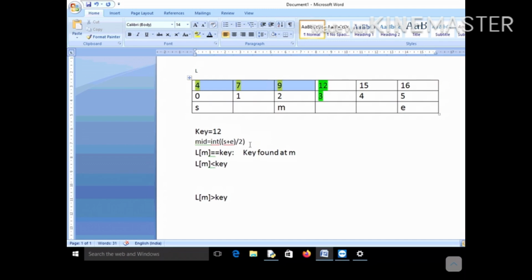No need to search it, because LM is less than key, which means the key is present ahead of M.